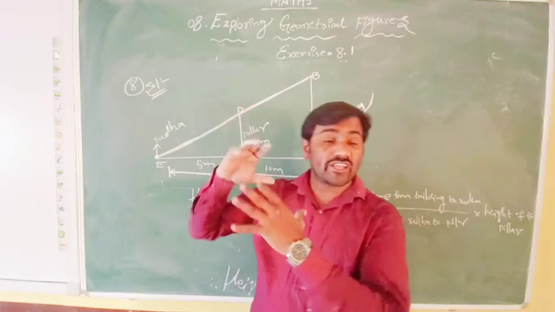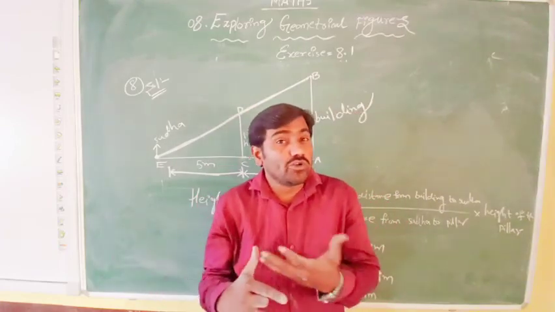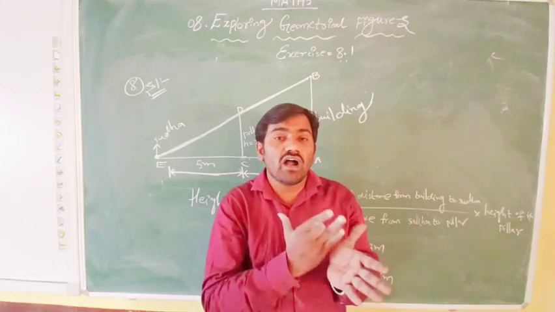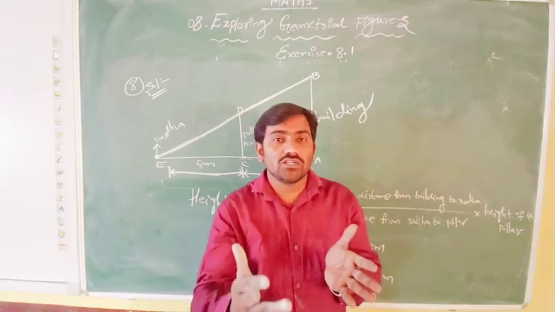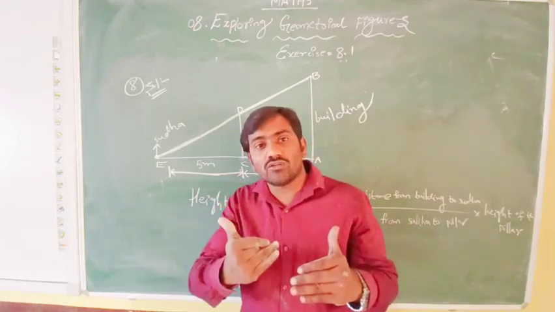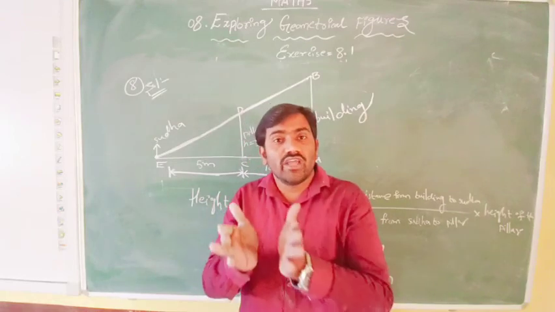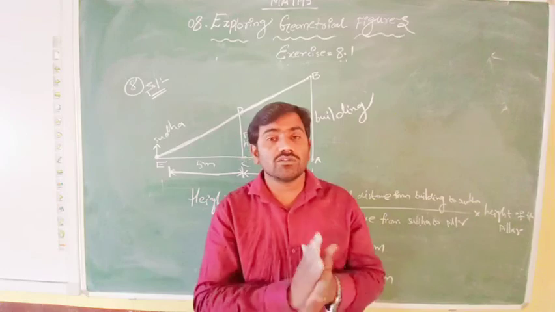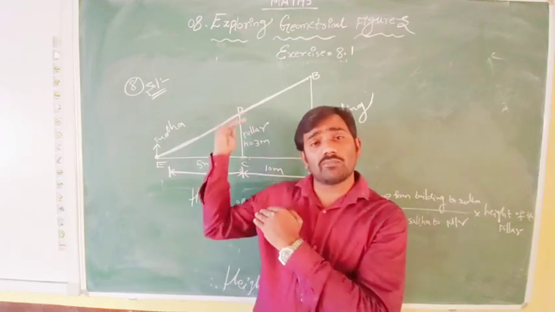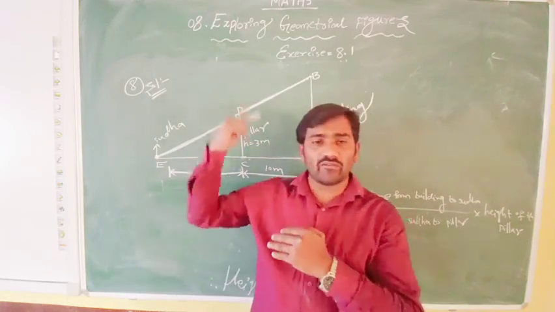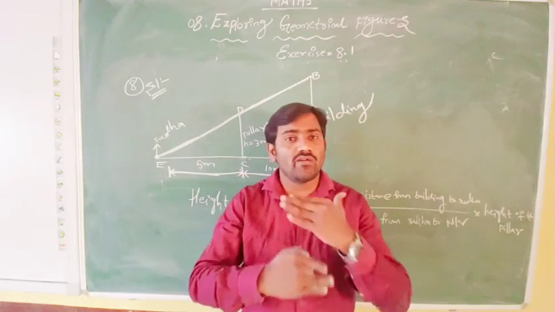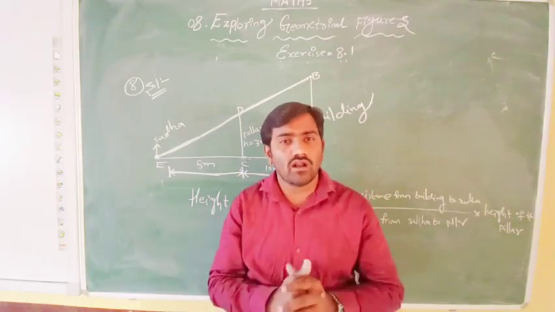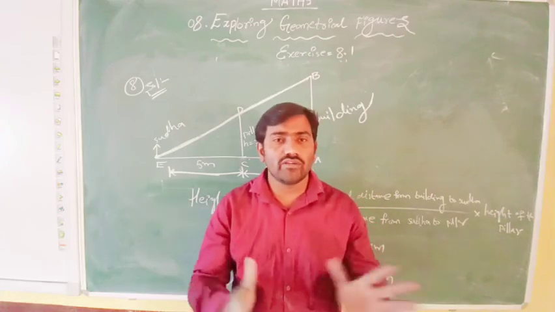First you write all the key points from what I told you before. At the end of this textbook you will have the points we have discussed. You go through all those points from the end of this chapter in the textbook. Then you start this chapter and write exercise number 8.1. Problem by problem I have explained everything, so complete it in your notes so that you will get a lot of idea. I hope you understood everything here.